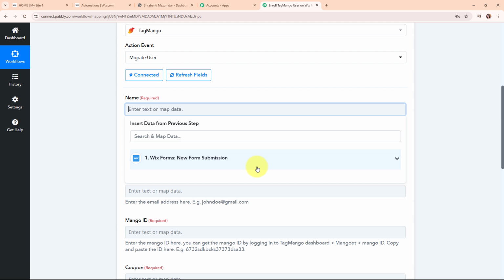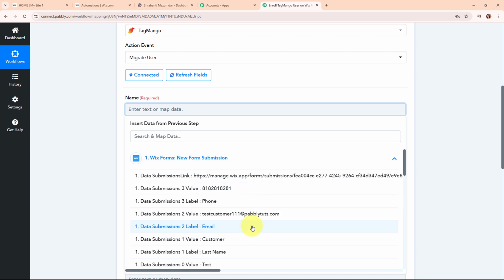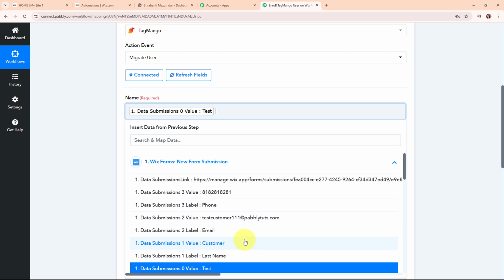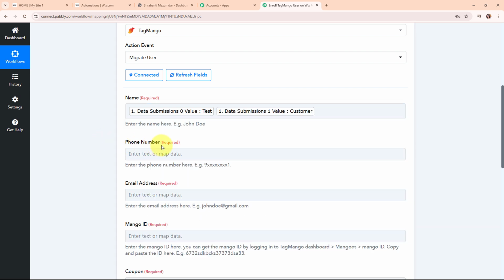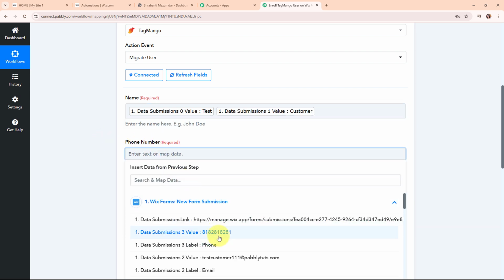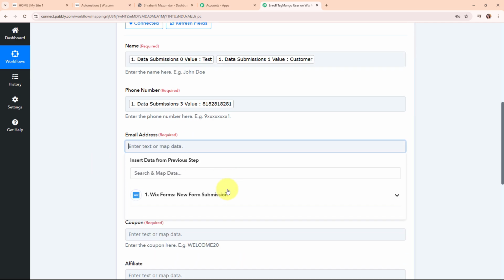Mapping makes our text dynamic so that whenever we're going to receive a new form submission through our Wix Forms, then automatically this previously existing detail will be updated with the new one. So here for the name, I'm going to map the first name first, and then I'm going to make a space, and then I'm going to map the last name. Moving forward, here for the phone number, I'm going to map the phone number, and here for the email address,